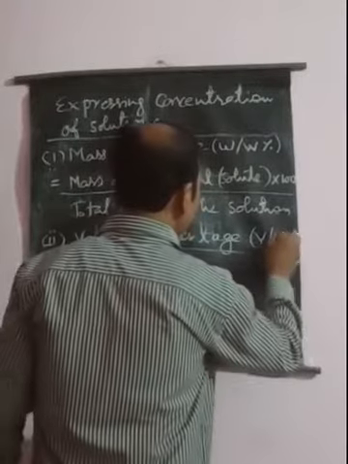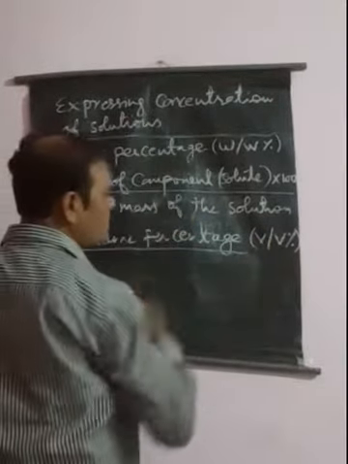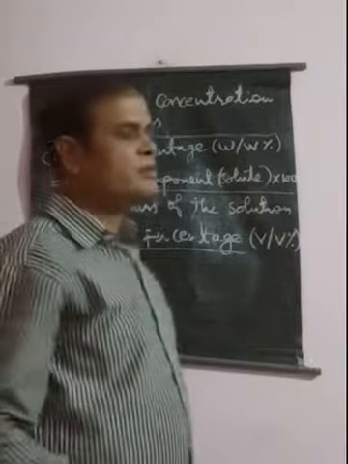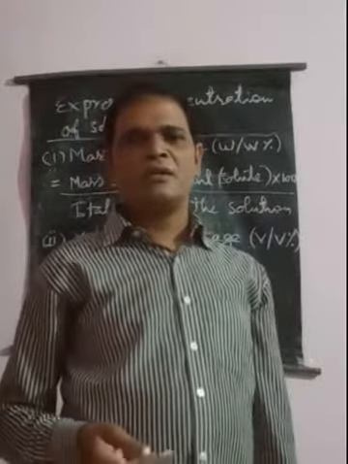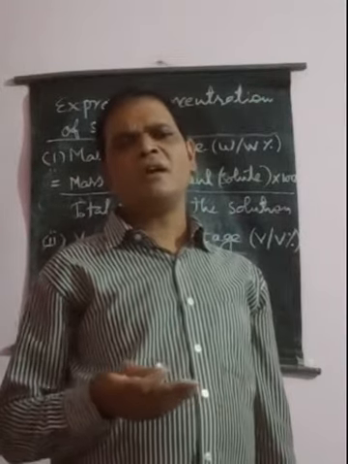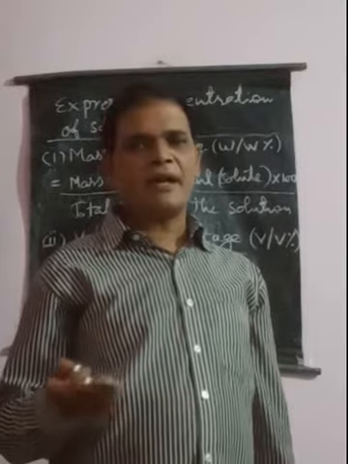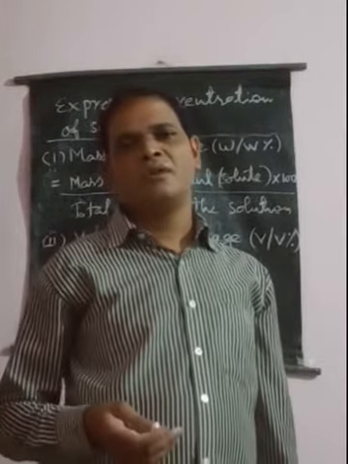Here V will be the volume of any particular component and V will be the total volume of the solution. So how can we define volume by volume percentage? It is the volume of a component, generally solute, multiplied by 100 and divided by the total volume of the solution. For example,